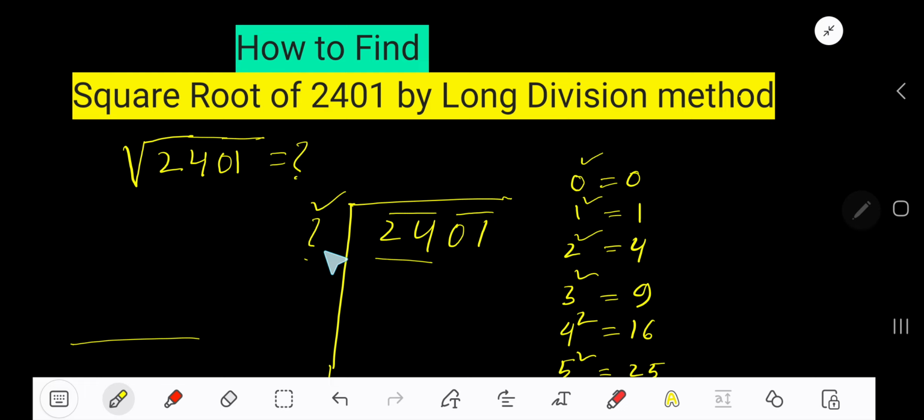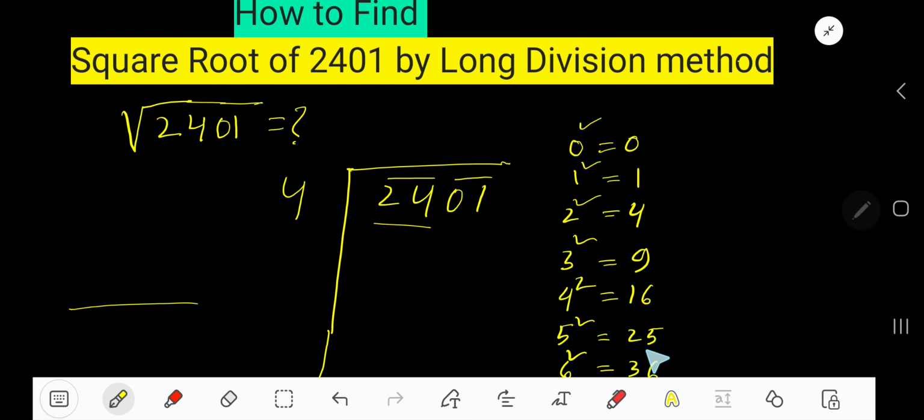or nearest to 24. Look, if I take 4, 4 square equals 16, but if I take 5, 5 square equals 25, which is greater than 24. So 4 is correct. The same digit will come to the quotient also. 4 times 4, 16. Okay. Subtract,